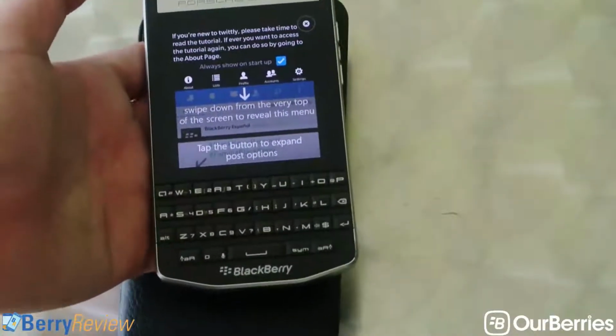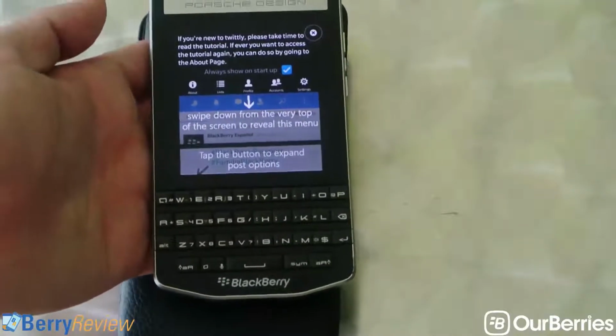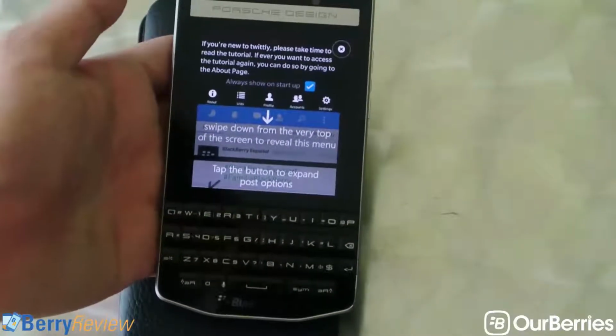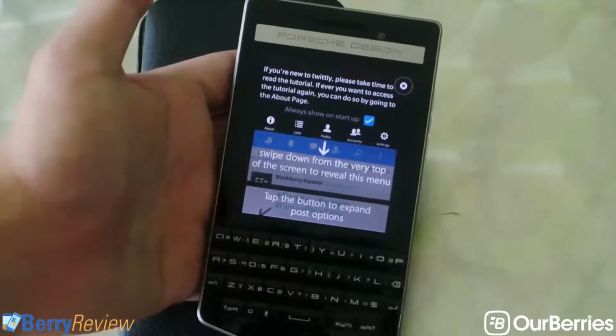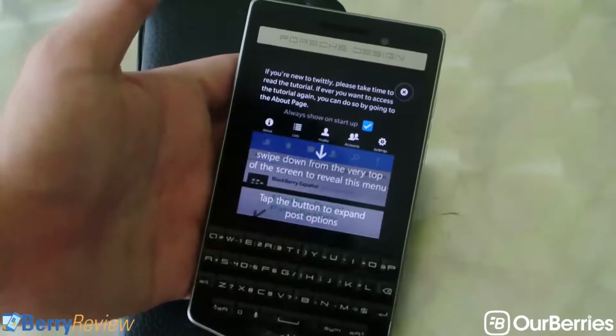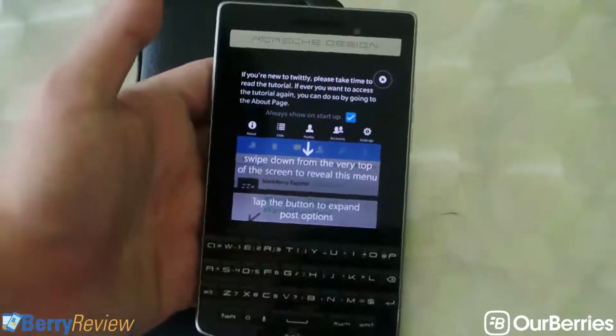So once you have installed the application, on the first run, it will connect to BBM, and after that, you will have a small little tutorial to tell you what you can do and a quick guide to guide you along. So as you can see here,